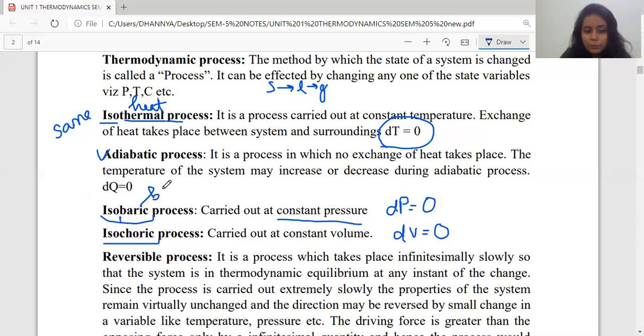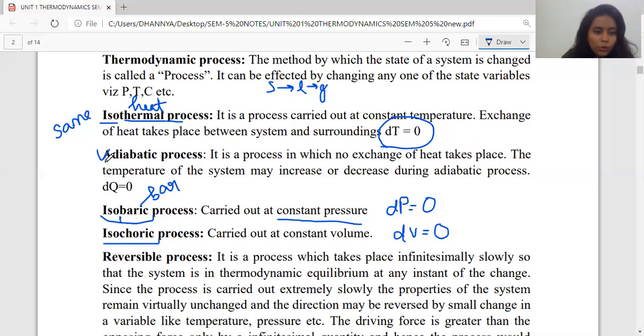Bar. So whenever this comes up, what we can write is that the isobaric processes are generally taken into consideration at constant pressure conditions. Okay. Now then we have the isochoric processes. What exactly are the isochoric processes is that whenever the process is carried out at constant volume or dV value is equal to 0, that type of processes are called the isochoric processes.